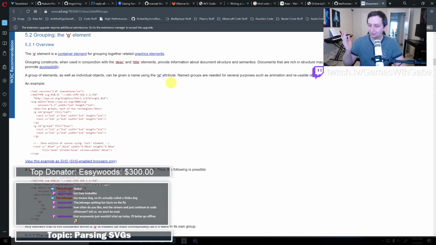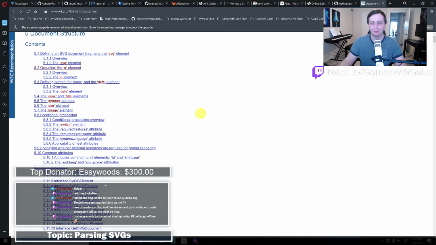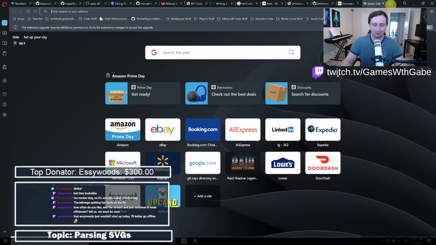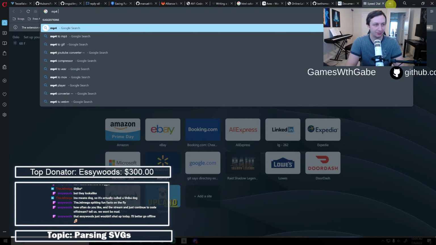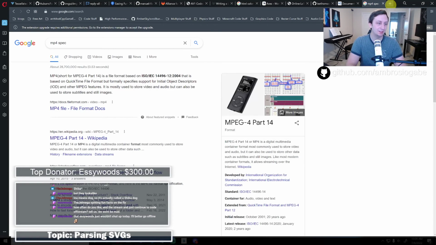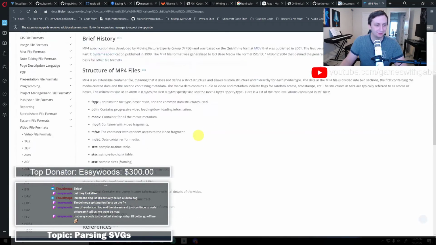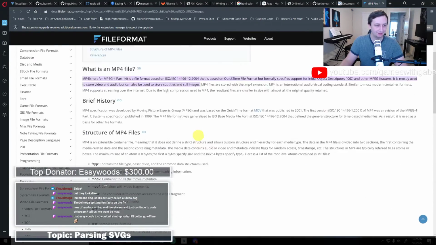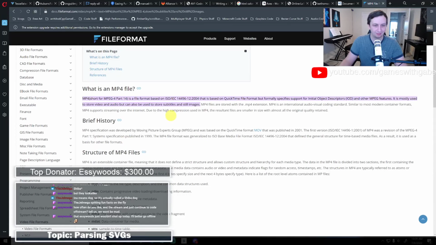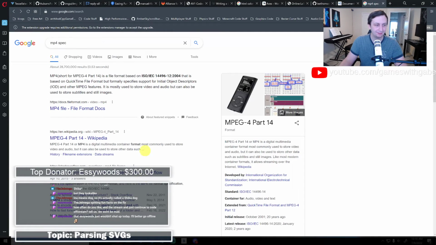Also, for those of you wondering, this is how I learn about stuff. If you're ever wondering how something works, just look up the spec. The only spec you can't look up, because they're stupid, is the MP4 spec, because it's a proprietary format. So don't implement this, otherwise you'll get fined. It's stupid. You can still kind of look it up, but there's not really much here. It's just sad.